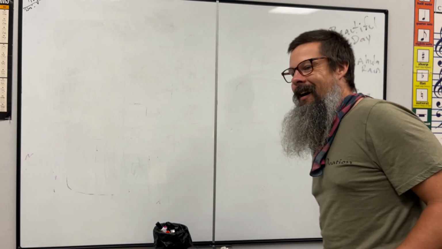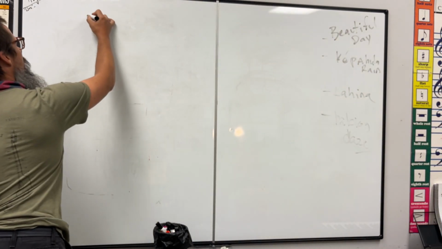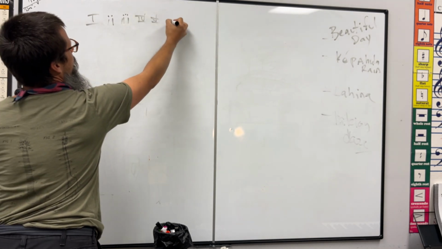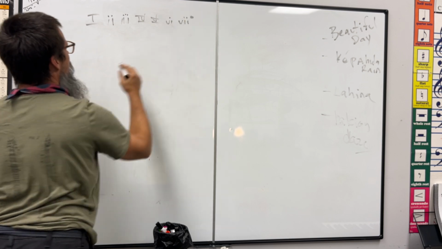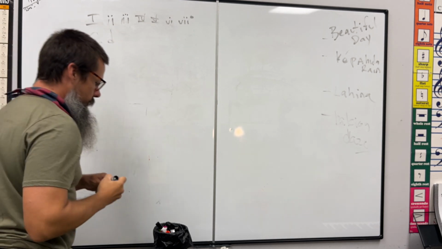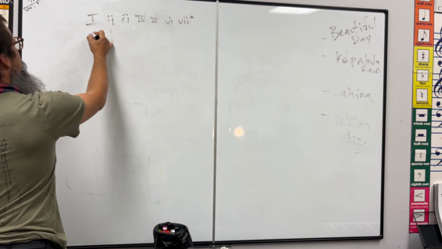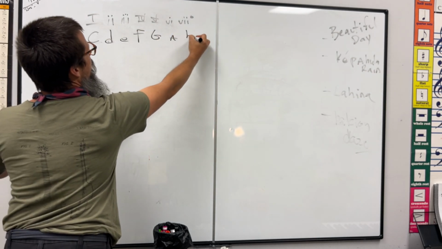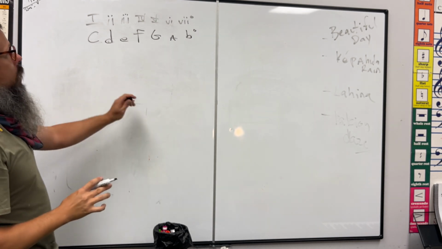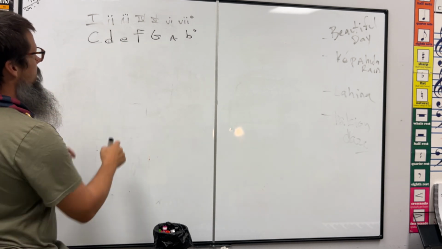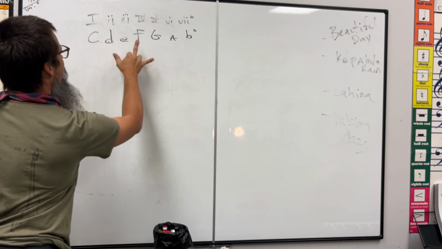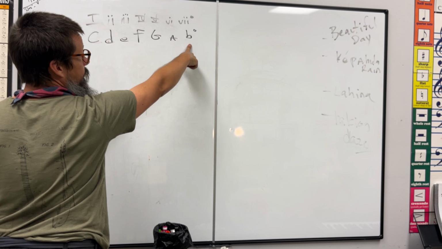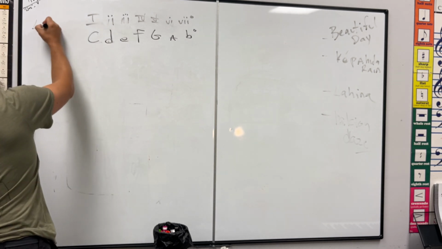When discussing the concept of having a 1, a 2, a 3, a 4, a 5, a 6, and then the 7, through the eyes of C major, we have a C major, a D minor, E minor, F major, G major, A minor, and then a B diminished. Out of all of the sonorities that are right here, meaning major 1, 3, 5, minor, minor, major, major, minor, diminished, 1, flat 3, flat 5, that gives us having a major chord,